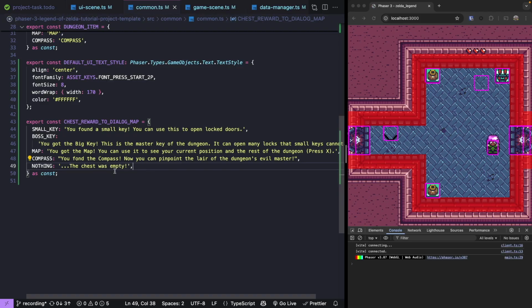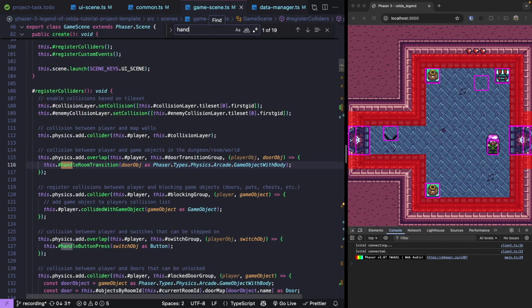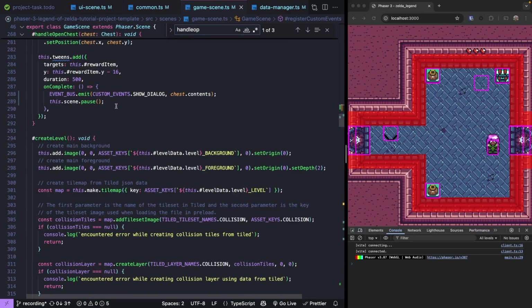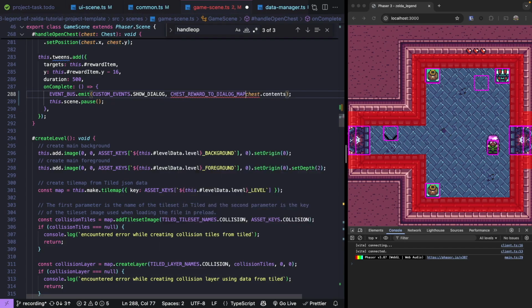So now that we have our new map of the text we want to display, let's jump back over to our game scene. Now let's go into our handle open chest method. Inside our method, instead of passing our chest contents, we'll want to reference our new variable, and so we'll do our chest reward to dialog map. And now for our key, we'll pass in our chest contents, and now if we save, if we come back